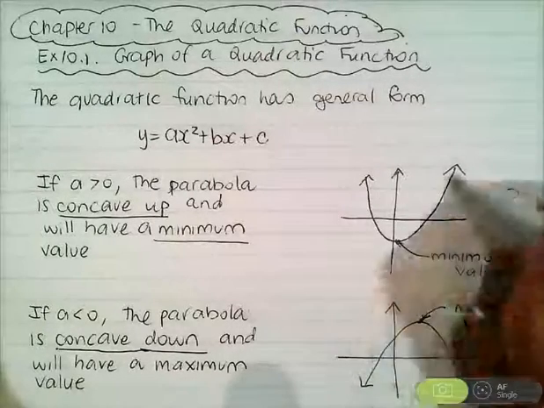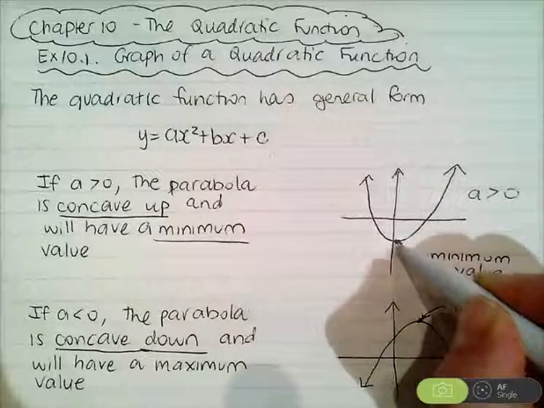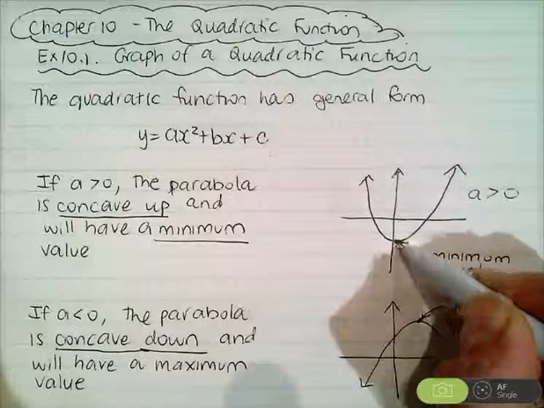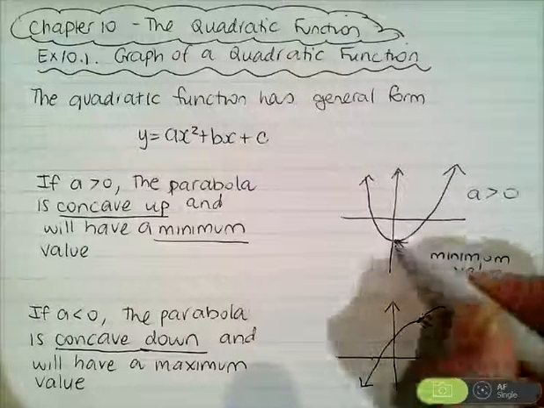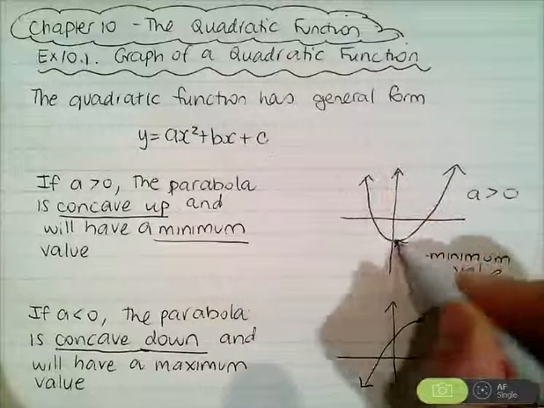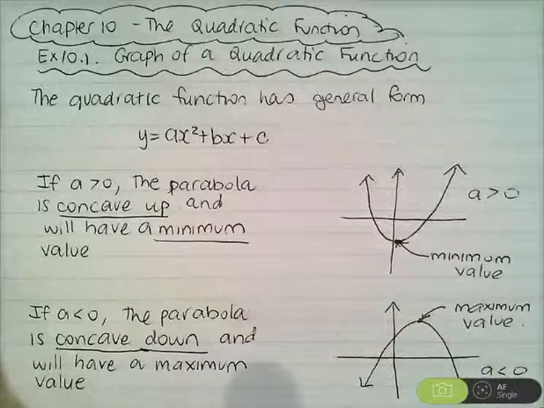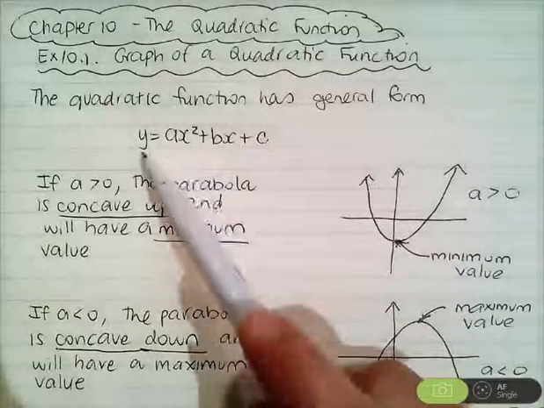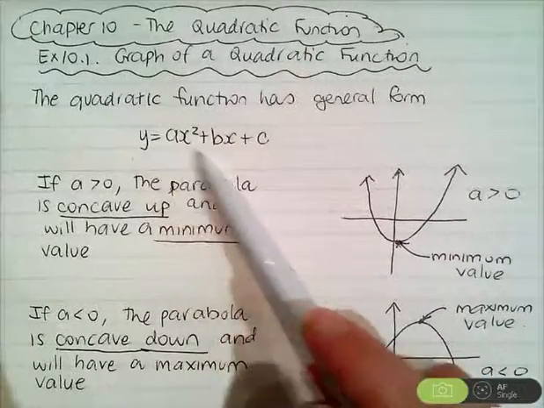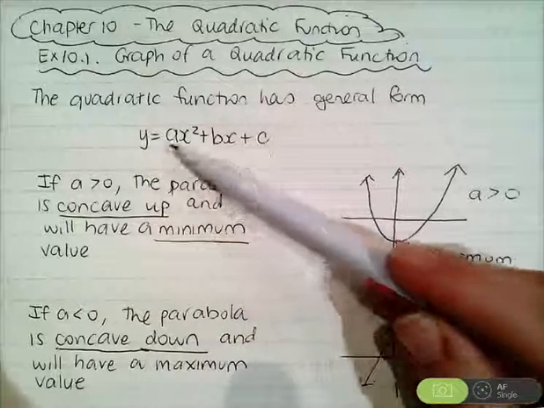And if a parabola is concave up, then at the very bottom tip of the parabola we will have what's called the minimum value of the parabola. Now the minimum value is always the y value at this point. Okay? Now, looking again at the general form of a quadratic function, y equals ax squared plus bx plus c,